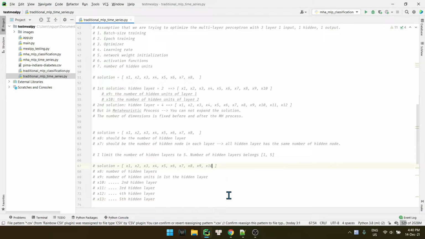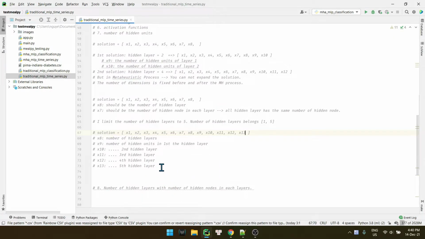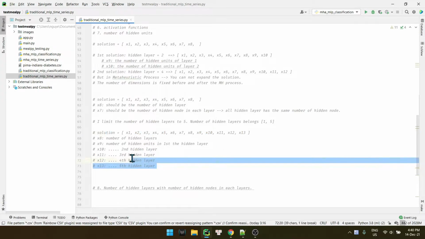So we will have x9, x10, x11, x12, x13. So you will have to organize a solution like this.